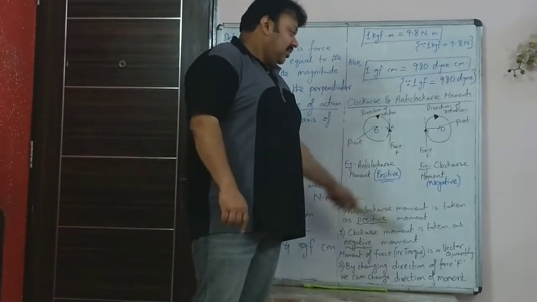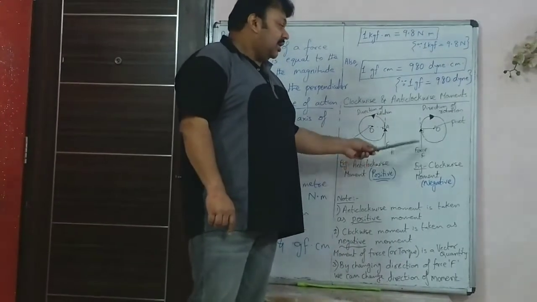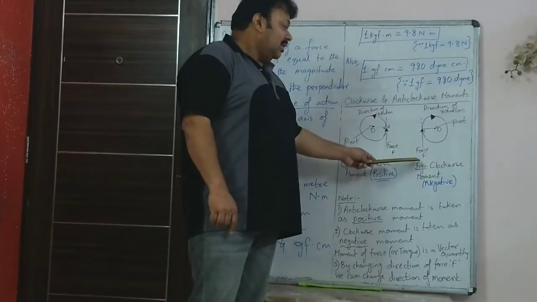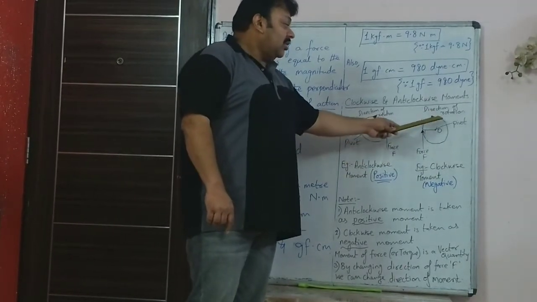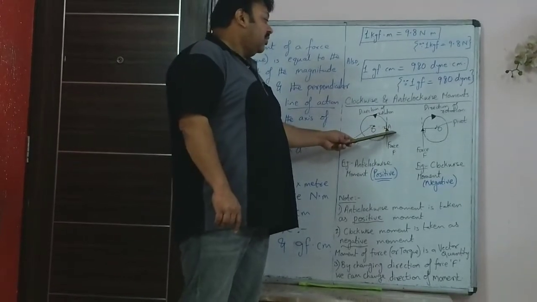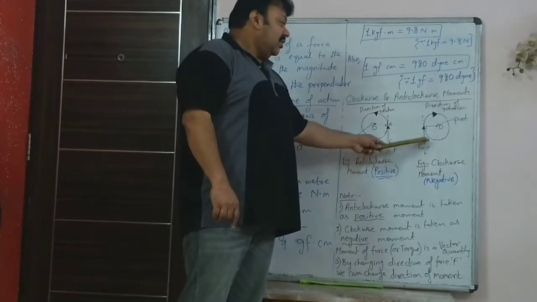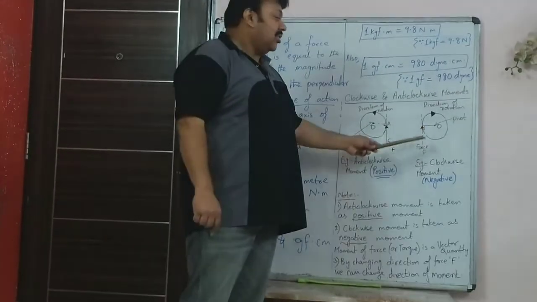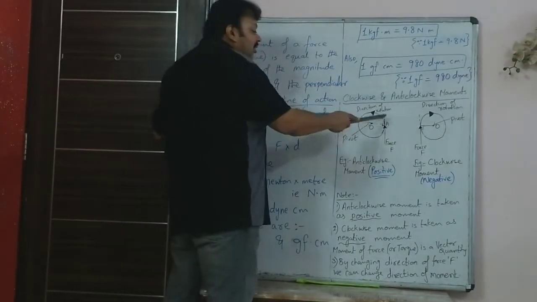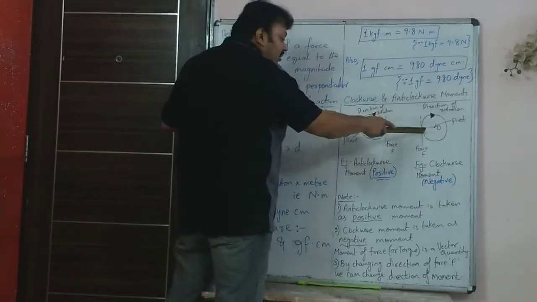Now in the other figure, in the second figure, you have a force again acting at this point. When this force is acting, it is causing clockwise movement. So what has happened here is the force was acting at a different point, and in the second case the force is acting at a diametrically opposite point. So the direction of rotation is changing. Something that was happening anti-clockwise there is clockwise here.